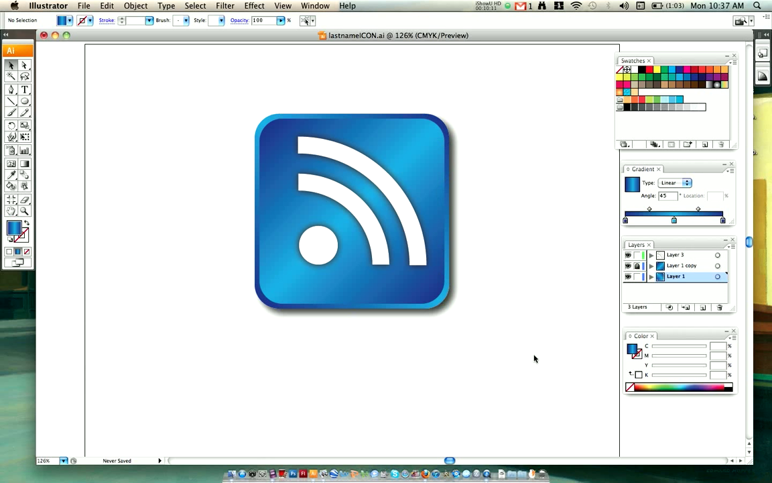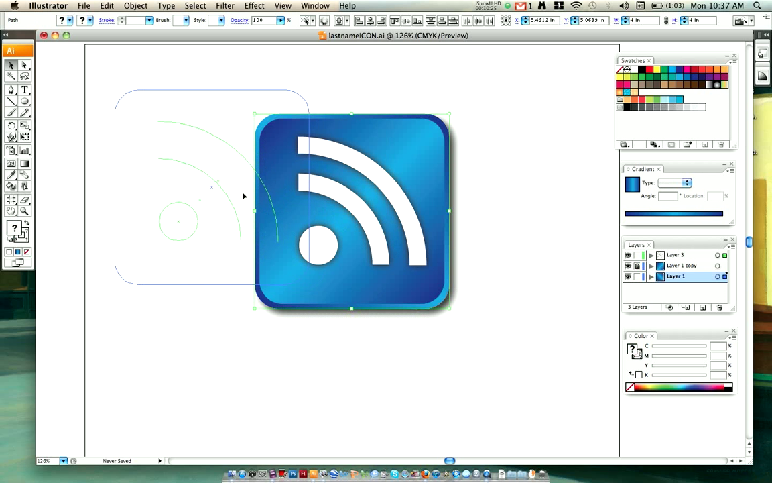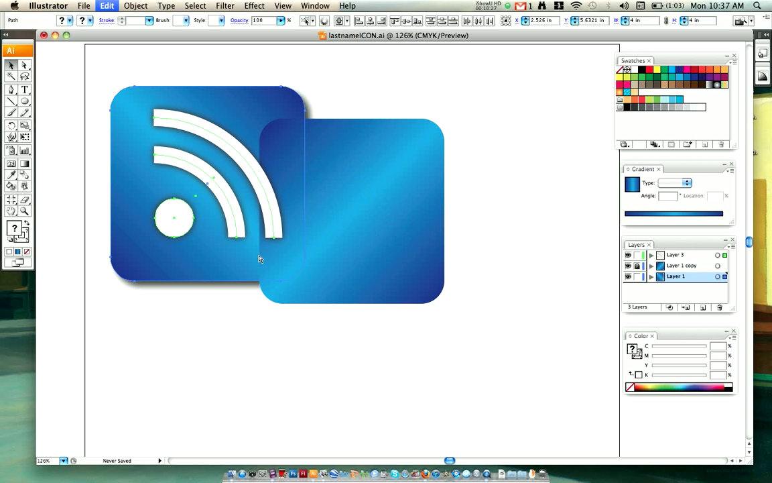So when I deselect, now it looks like there's a shadow underneath my entire icon, and it's above the paper, so it almost looks three-dimensional. And this, ladies and gentlemen, is how they make those apps. So now what I want you to try,